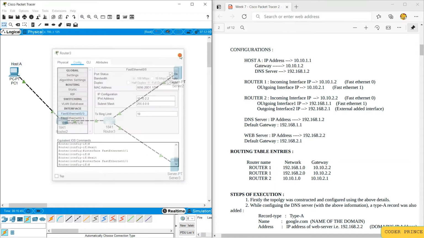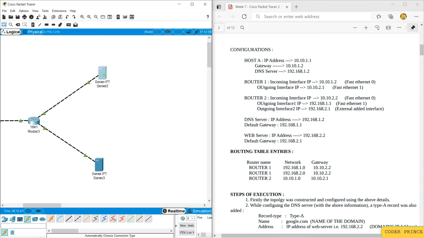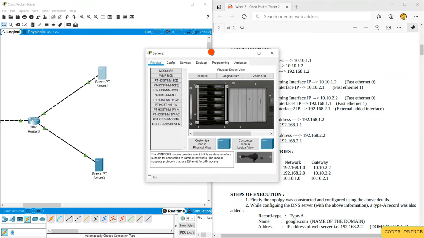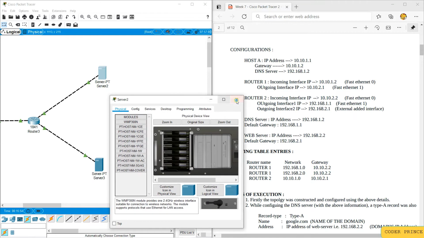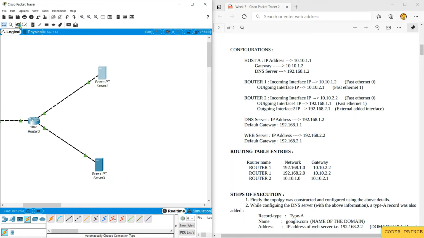So close this and let's configure the server. You can make anything as your server, a web server or DNS server. So I will call this as DNS server. And I'll call this particular as web server.